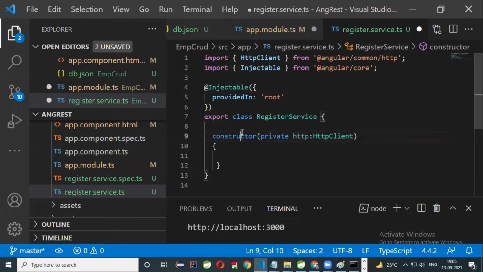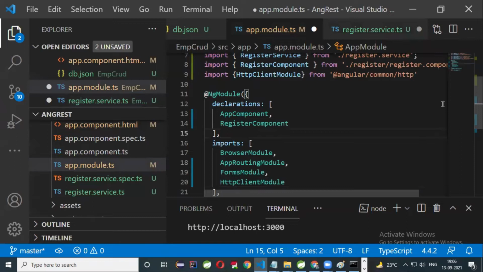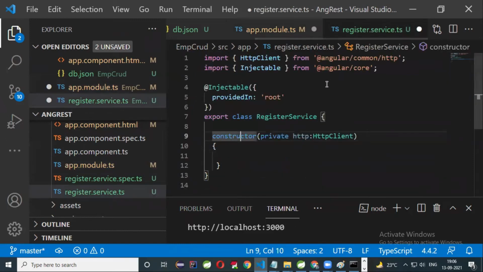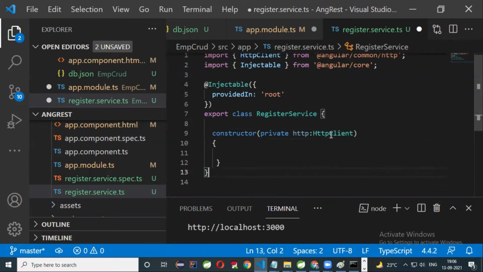So what we are doing is mentioning this service name inside the app.module.ts file, which means we are intimating the framework, please create an object for this service and please inject this object within your component. And by writing this reference here, the framework will create an object for HttpClient. HttpClient is a class. That class consists of some ready-made methods: get, put, post, delete. You can use those methods. In Angular, you can access the references by using the this keyword.